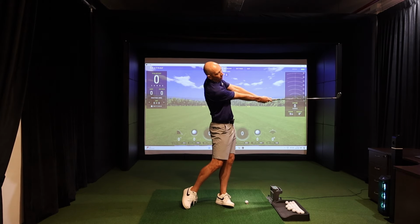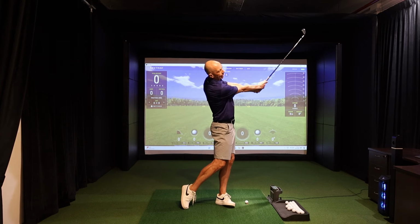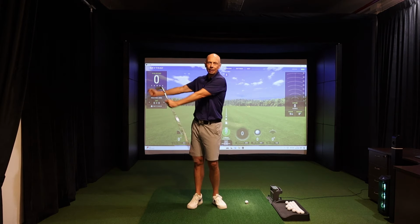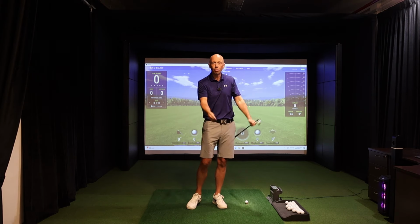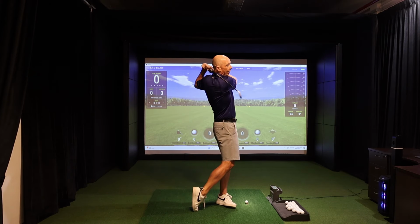A great exercise that you can do to help you work on that would be feeling like you keep your arms and your wrists much straighter into the through swing and into the follow through. I'd use Tommy Fleetwood as a nice example of someone who manages the radius of their swing in a very productive way. Many of you will look at some great players and watch their follow-throughs get longer and wrap around their head. Unfortunately for you, you're not capable of controlling the club moving at that speed,